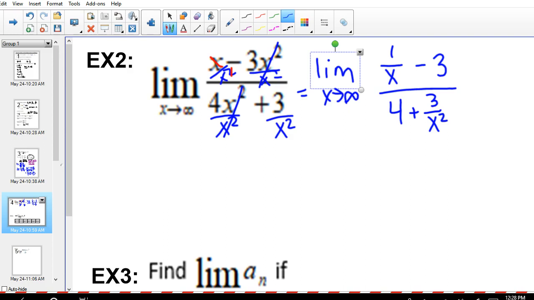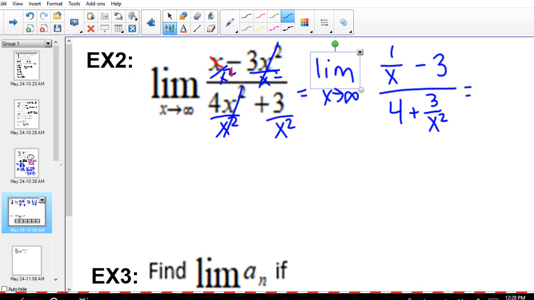So Jaden, if I do the limit as x approaches infinity of 1 over x, what will I get there? Okay, so as x gets bigger and bigger, x is 1, and then it's 2, and then 3, 4, 5. What happens to 1 over x? We'll have 1 over 1, 1 over 2, 1 over 3. It's going to get smaller and smaller, closer and closer to 0,